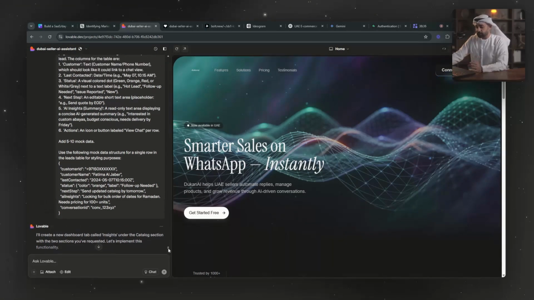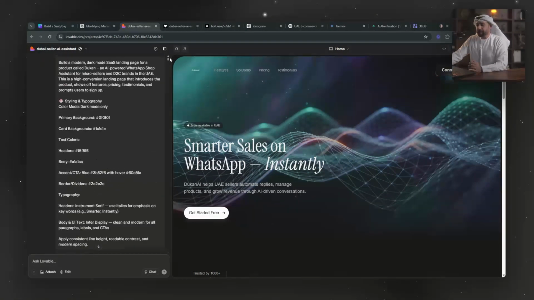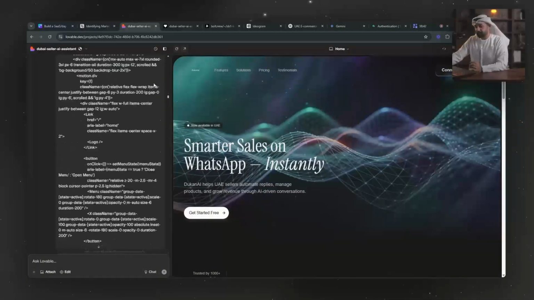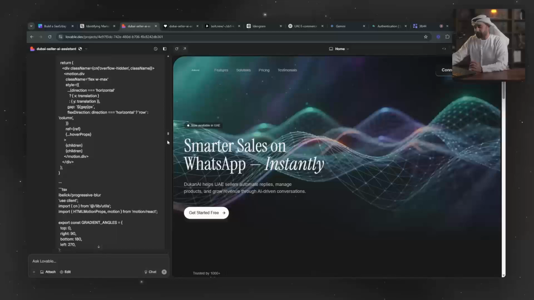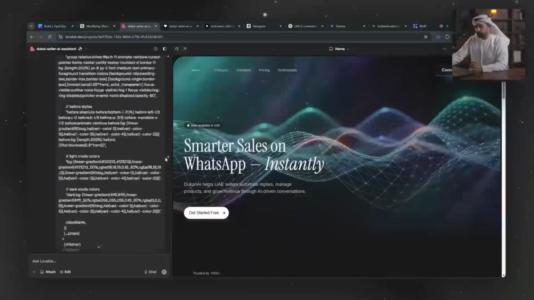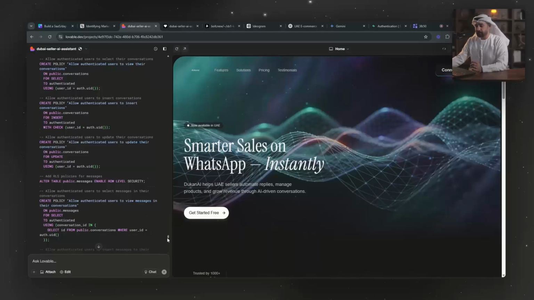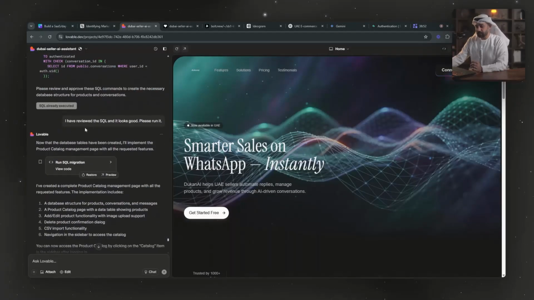And just to show you the prompts as well, I went through a lot of prompts and started fixing a lot of things as we went on. At the very beginning, it was a bit ugly, to be honest. And I started fixing a lot of things as we went through, and it mixed up the pictures and so on. And then at some point, it did the Supabase thing.